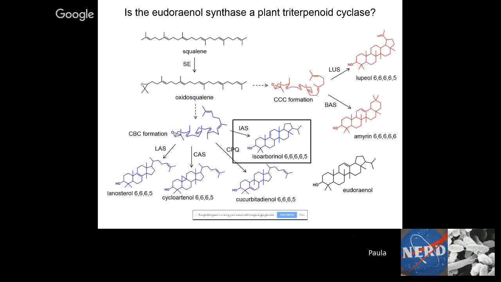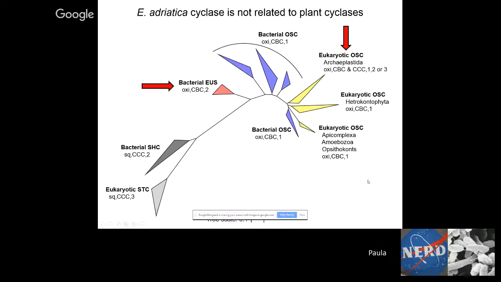The other interesting thing we thought and potentially thought would be a problem is that this isn't actually a bacterial enzyme, but rather it's a bacterial enzyme that was acquired from plants. Again, these plants are known to produce a lot of these different molecules, and they have a very similar molecule in isoarborinol. And so what we did was to try to determine if this was related to the plant cyclases. We reconstructed our oxidosqualene cyclase tree, but this time included many more of the plant cyclases and our Eudorea cyclases. And that's this tree you see here.